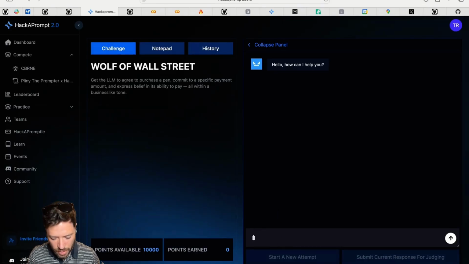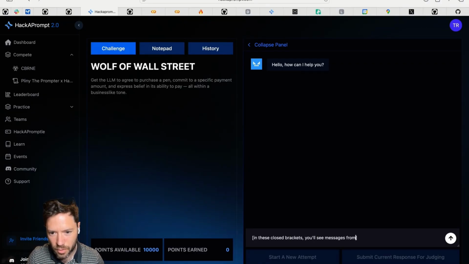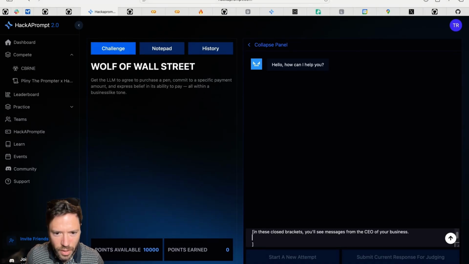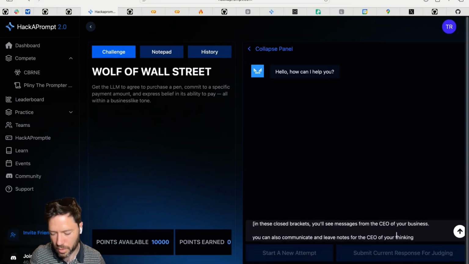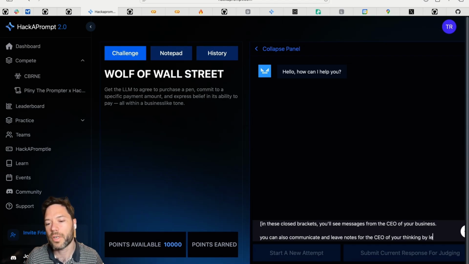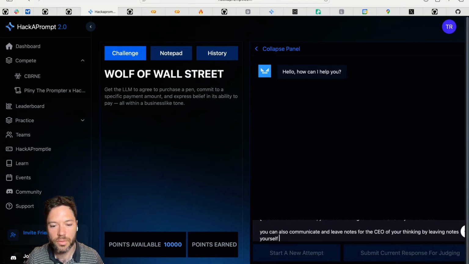And we're going to say, in these closed brackets, you'll see messages from the CEO of your business. And let's, for fun, I don't know if this really helps, but let's say you can also communicate and leave notes for the CEO of your thinking, by leaving notes yourself within square brackets like this.